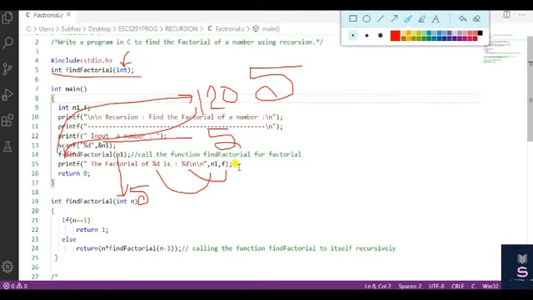So let me execute. I have already explained all this code in theory also. So let me execute right now.